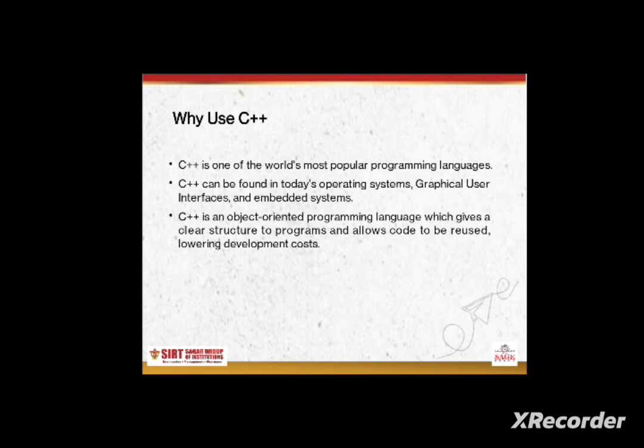Now, what is the reason behind why we use the C++ language? Because C++ is a very high level general purpose programming language that is basically designed for system and application programming. When introducing the C++ concept, medium level users can also use C++ because they are already using the C language. So that makes it suitable for developing different types of operating systems, device drivers and other system software, and it is very user friendly. So we can easily use C++ programming.